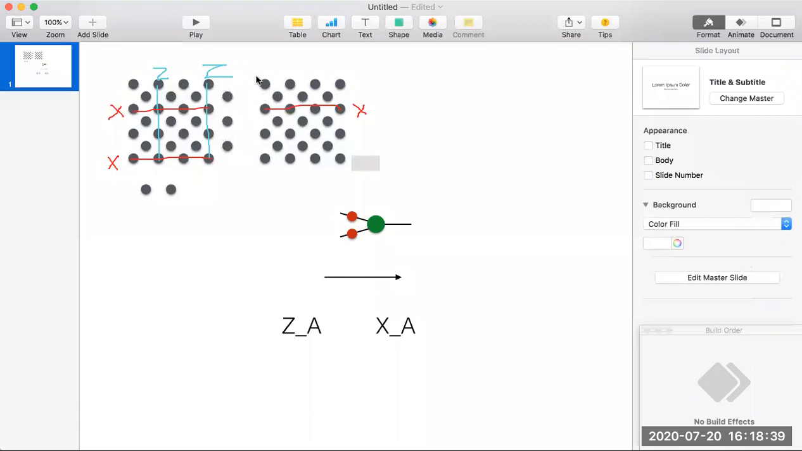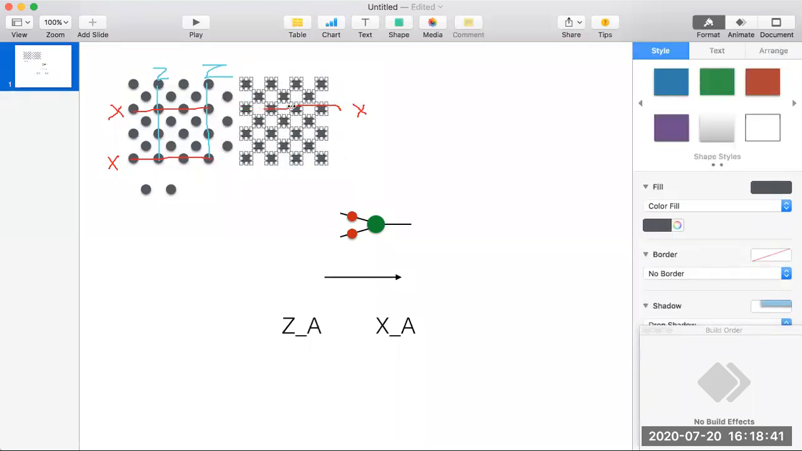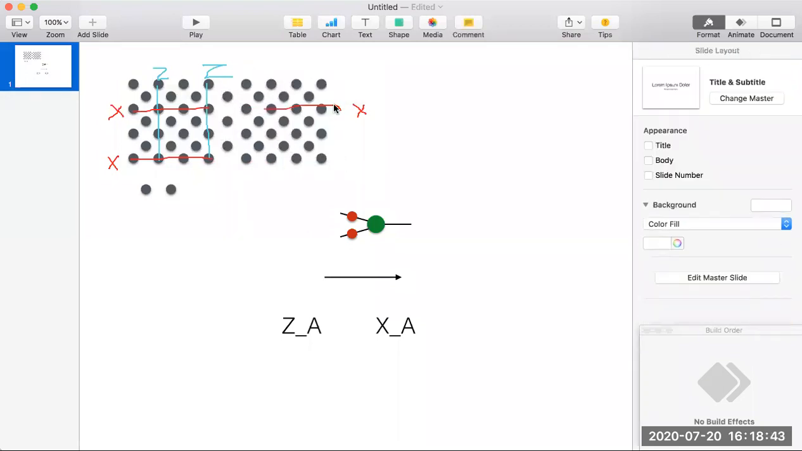So we have, and unfortunately, I cannot move those things. Well,